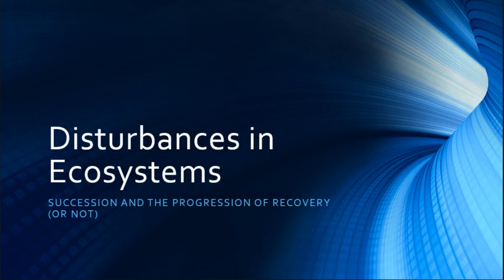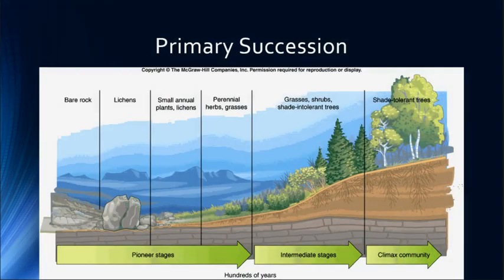These can be natural or they can be anthropogenic. But basically what happens is something comes in and disturbs an ecosystem, and then succession occurs. That's kind of like recovery, or not, as the case may be. So there are 2 types of succession. There is primary succession, where you start with bare rock. Let's say that you have a volcanic event, lava covers whatever you've got going on there, and now you're down to bare rock, okay?